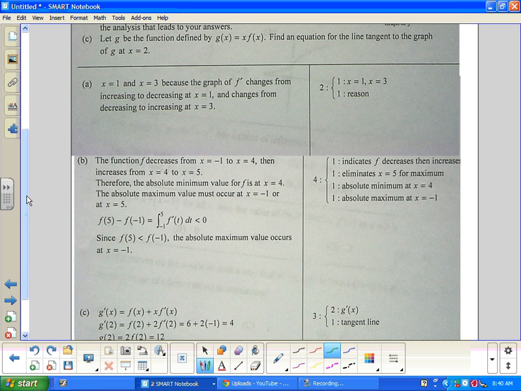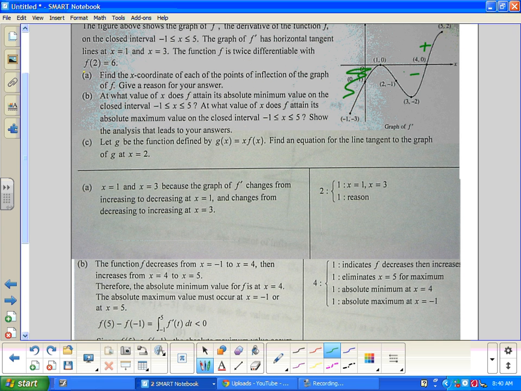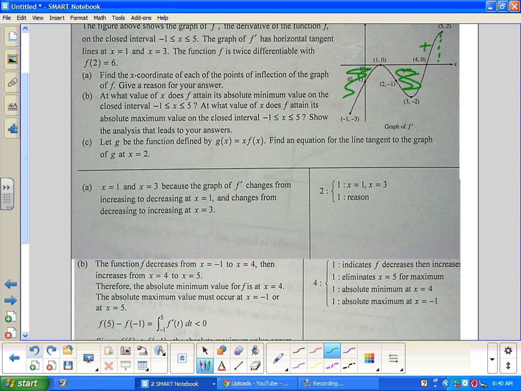You're looking at the graph, because listen, it's negative. They're looking from negative 1 to 5, and they're saying, based on the graph, this area is greater than this area. So therefore, you know that as you go to the right, it's going to get smaller and smaller. That's what they did here. They said this is less than 0. Therefore,